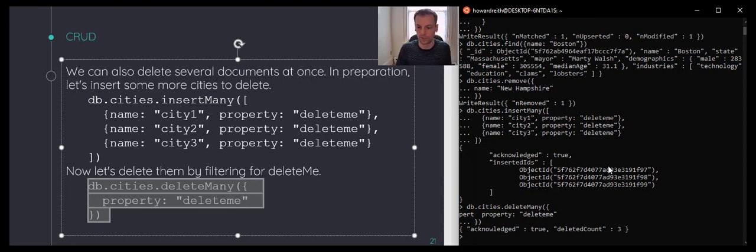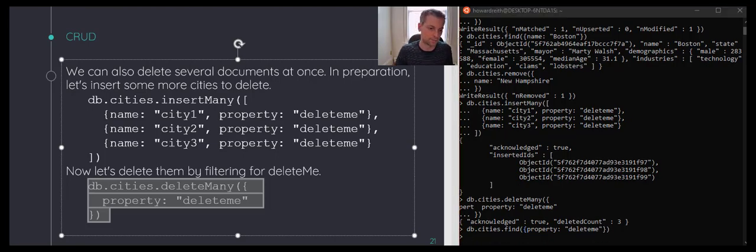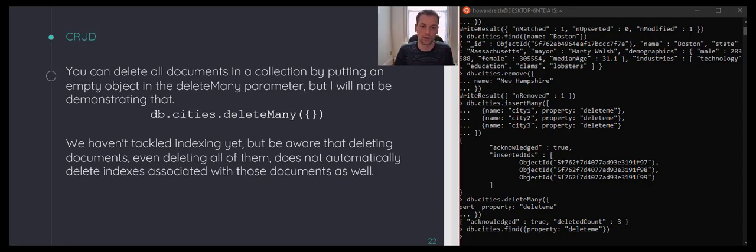And there you go. If I do a db.cities.find with the property of delete me, I will not find anything at all. You can also delete all documents in the collection by putting an empty object inside of the delete many method, but I'm not going to demonstrate that for you because we want to have these documents available for future parts